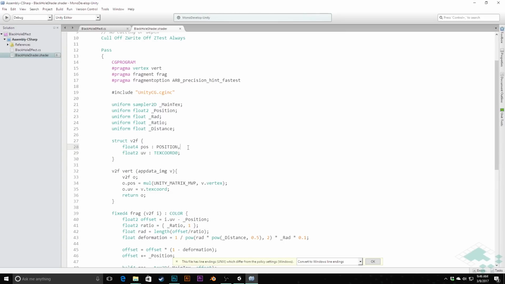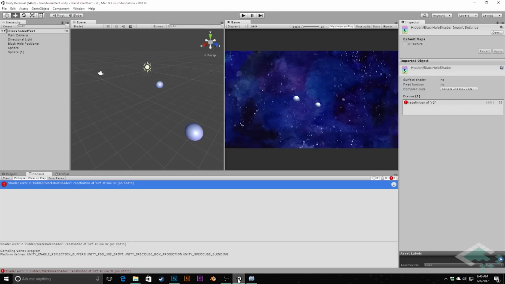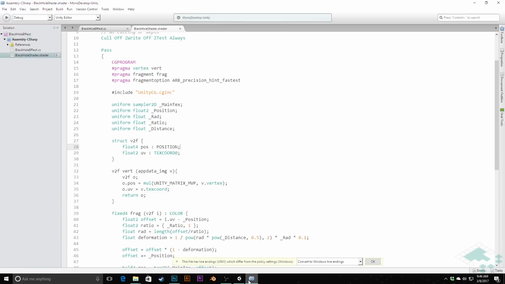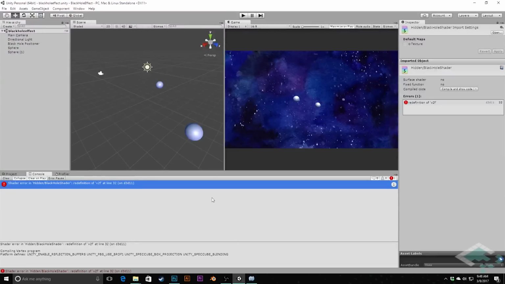Why does... Oh, because I didn't use a semicolon in the line before. There, that should resolve that. Redefinition of V2F at line 32. And we're back, and I am proud to announce that once again it was me forgetting a semicolon that caused